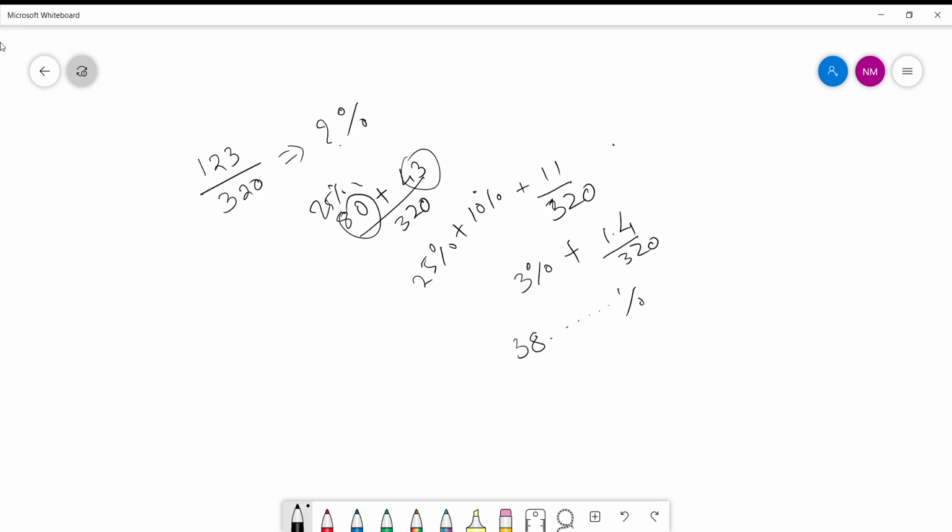If you calculate again, 1% is 3.2, so 0.5% will be 1.6. So the remaining 1.4 is less than 0.5%, so the answer will be less than 38.5. You can easily eliminate all the other options now, and whatever is between 38 and 38.5 will be your answer. So this way you can very quickly calculate your percentages by dividing your numerator into several easy calculations, and then concentrate the difficult part on a very small number, not on everything.